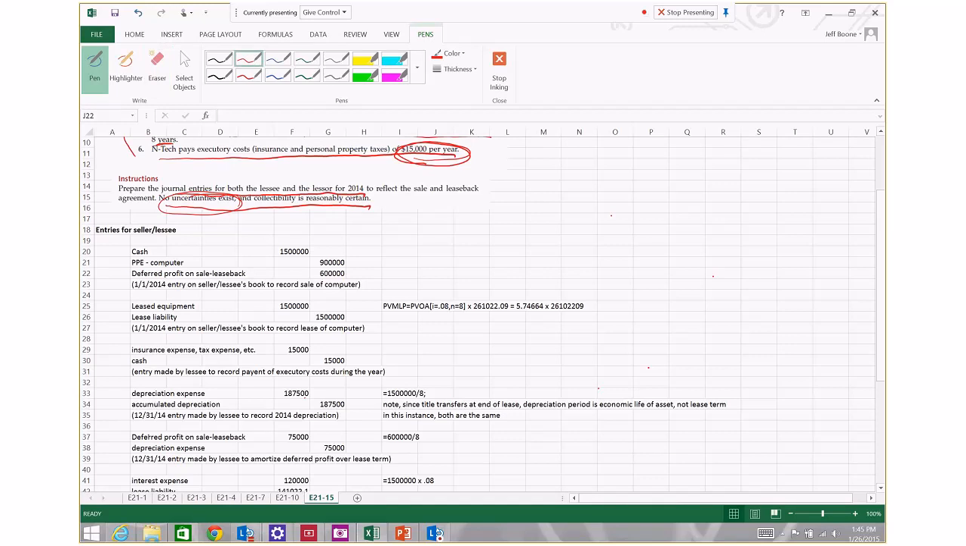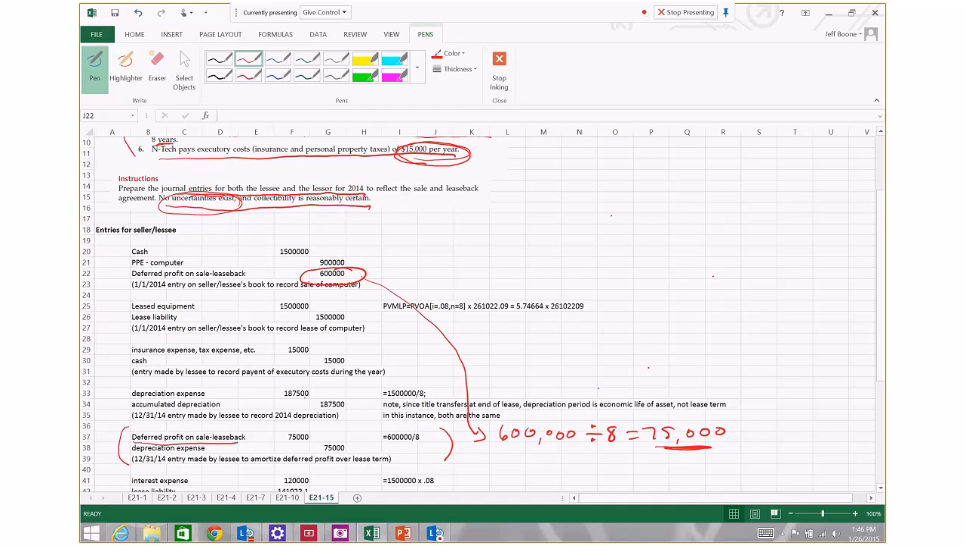Okay, so now, the next entry to make: we deferred profit on the sale of the computer equipment up here at the time of the sale. What we're going to do is amortize that $600,000 deferred profit over the lease term. Each year, we're going to recognize $75,000 of that deferred profit. And the entry we're going to make to recognize that $75,000 each year is debit the